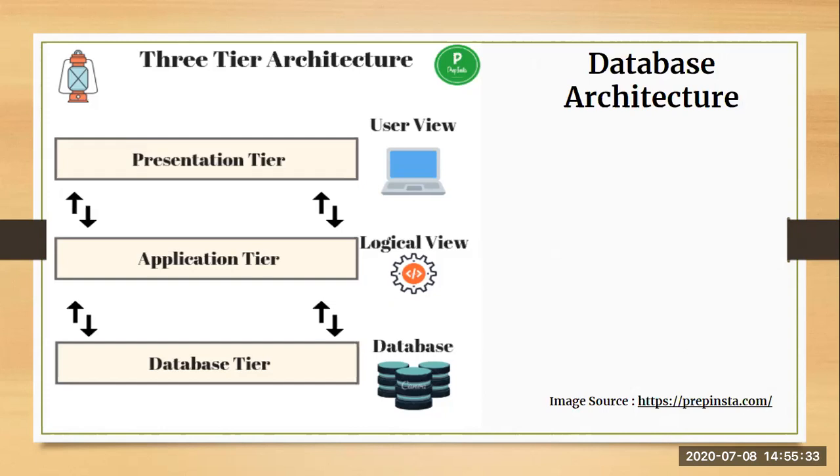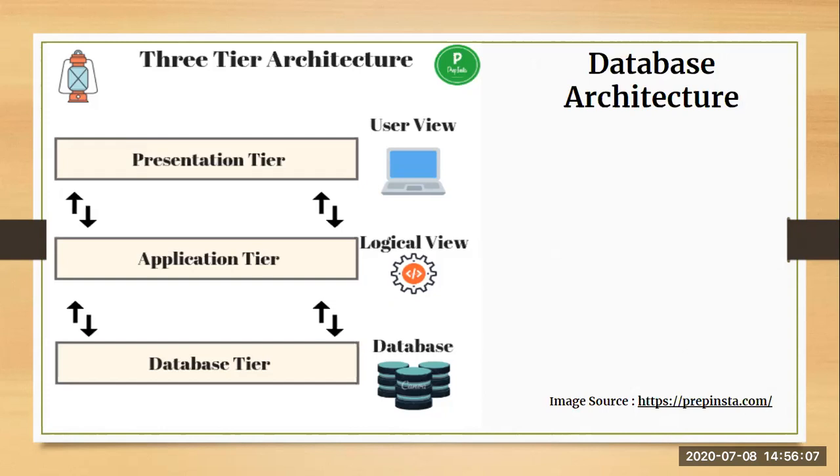Next is your application tier. This acts as an intermediary between your database tier and the user or presentation tier. The code-level program that can access the database for various operations is actually at the application layer. For example, if you want to write code for updating the email ID in the database, the user is not interacting with the database directly. First it will interact with the application tier, which does the code-level processing, and then it will interact with your database.